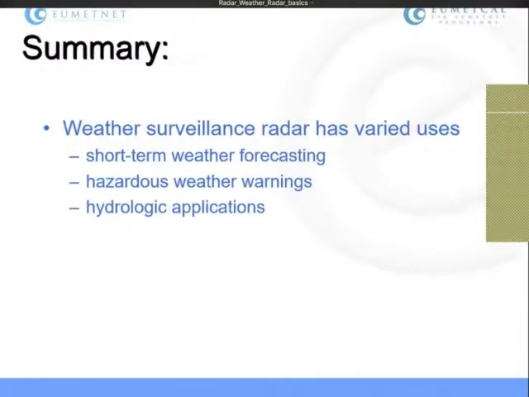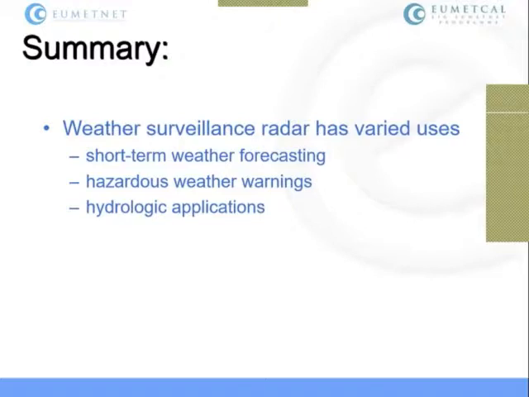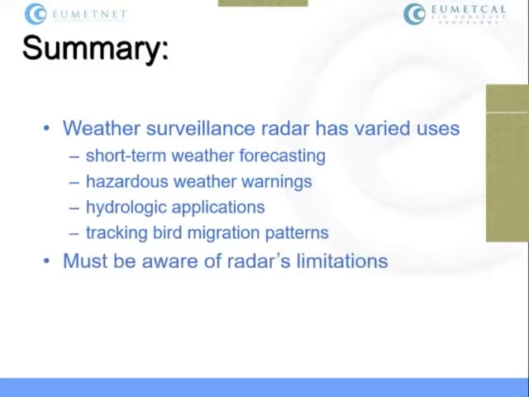It has use in hydrological applications because you can have automated algorithms that can estimate the amount of precipitation, which can then be fed into hydrological models, for example. And of course, it can also be used for other things, like tracking bird migration patterns.